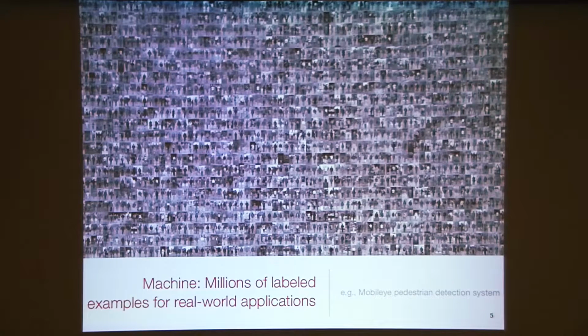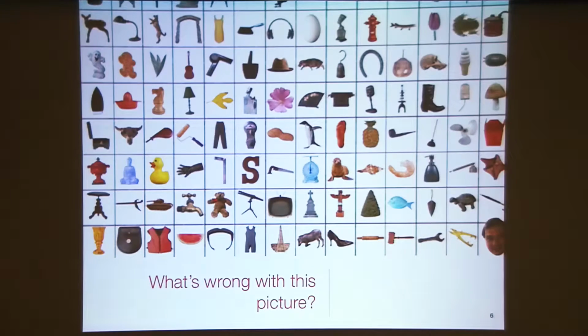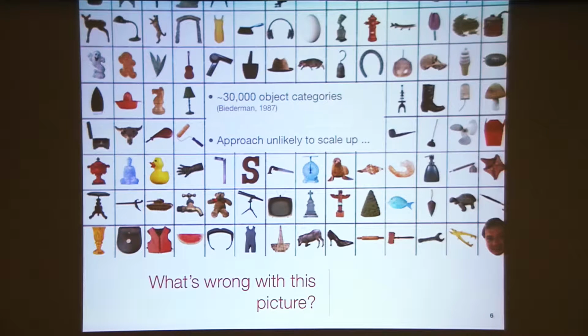Now, one issue with the system, and that's actually very well acknowledged by Amnon, is that it required several hundreds of millions of training examples to achieve this level of performance. And it's not just unsupervised, unlabeled training examples. Those are examples that were painstakingly annotated by hand for the bounding box around every single pedestrian in those images. So this is unlikely to scale up to the more general problem of generic object recognition, in particular to the number of object categories that are available to us.